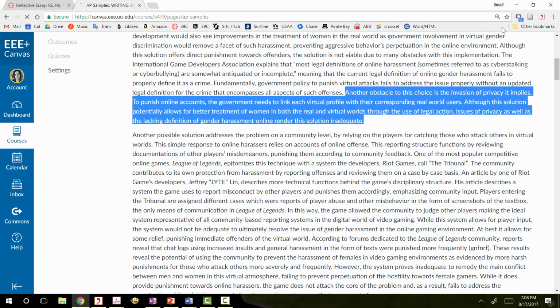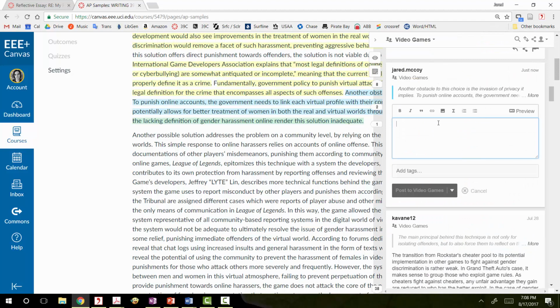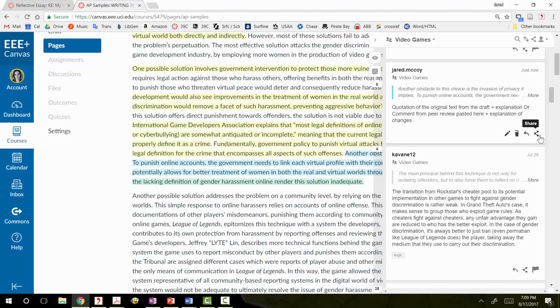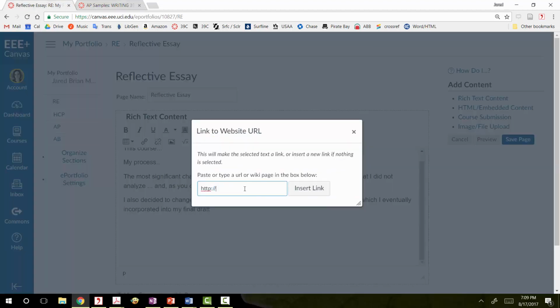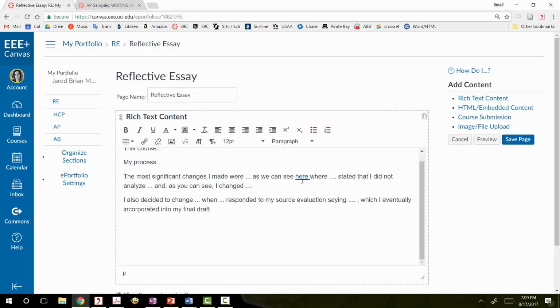You might use a quotation of the original draft that you revised and include your explanation of how and why you changed it. Or you might quote what one of your peers said in peer review and then explain why you changed it and how you revised it. You might just use the quotes and save the explaining part for the main text of the essay. You could even embed the links to another hypothesis comment within the comment itself if you wanted to get really